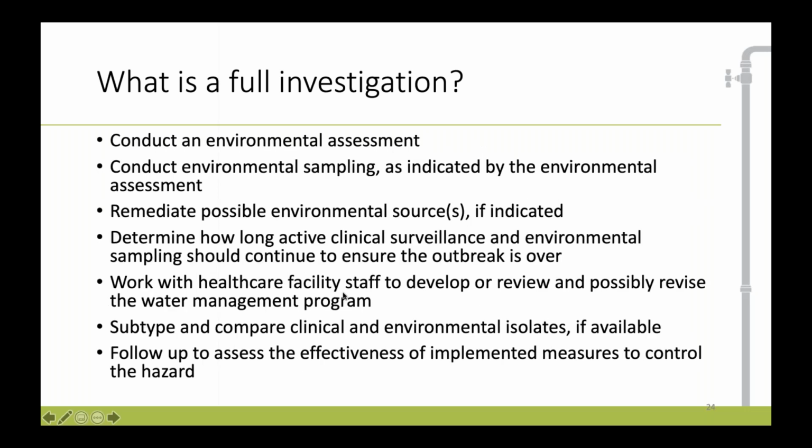So once you've done kind of the pre-work, which is trying to get a handle on how many cases you might have, then comes the environmental assessment piece of a full investigation. That is a really in-depth look at your water system, how water moves through your building, where water could potentially impact patients, where control measures might have been violated, be that the temperature of the water, be that biocides that are included in the water that comes in from the city or from wherever the water is sourced. It's really trying to get a sense of where patients may have been exposed.